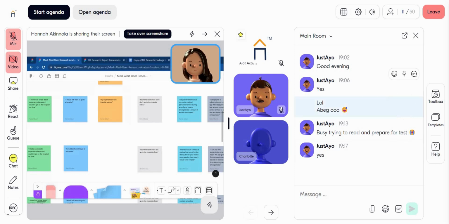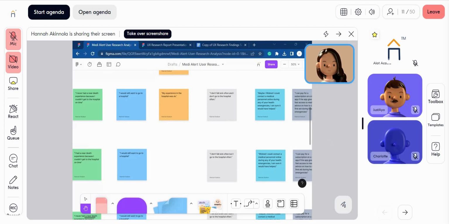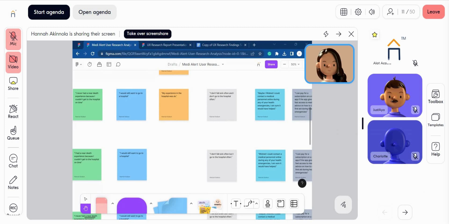The lady had a very bad experience with her doctor, so she will not allow that kind of experience to repeat. In one word, what would be your description of her emotion? Is she angry? Is she bitter? Is she happy? You understand what I'm saying? I'm trying to combine the whole statements